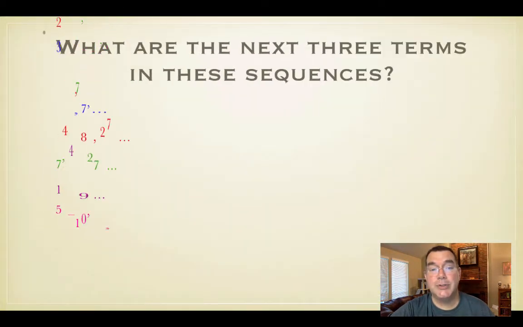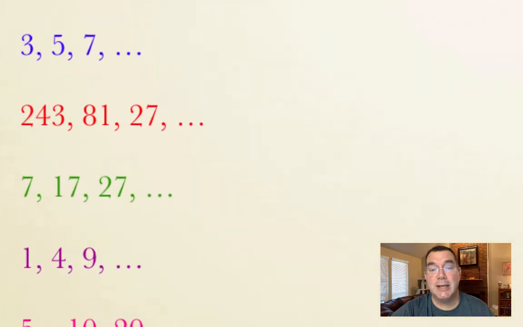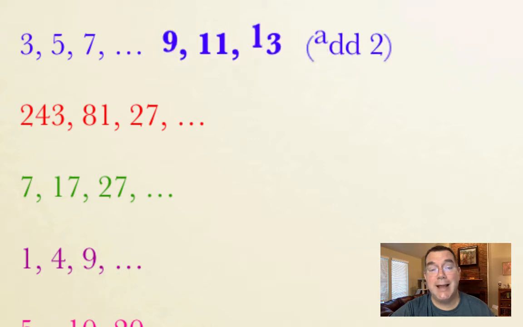Here are some more examples of finding the next three terms in a sequence. So let's start with the first one. It goes 3, 5, 7. So if I keep that pattern going, it looks like I'm going up by 2s. So the next three terms would be 9, 11, and 13. The next one, 243, 81, and 27. It looks like each term gets divided by 3 as I keep going, so the next three terms would be